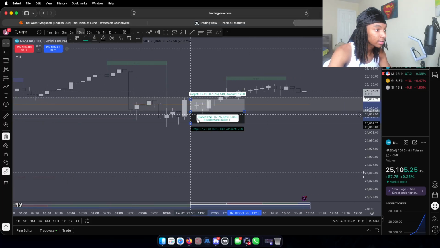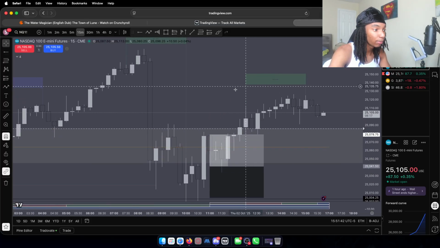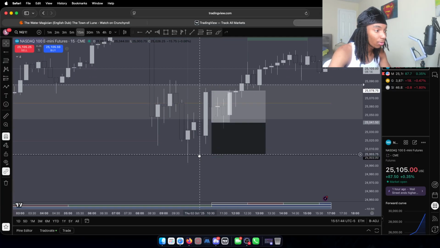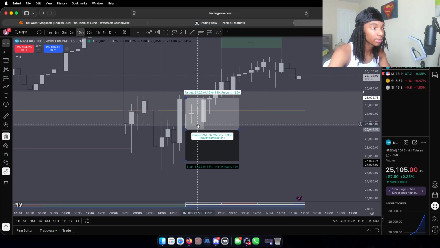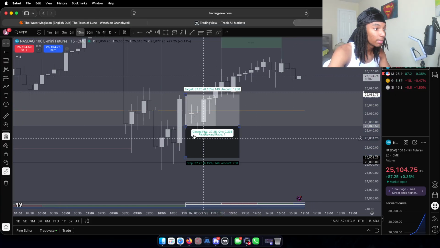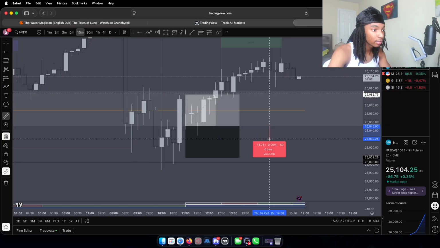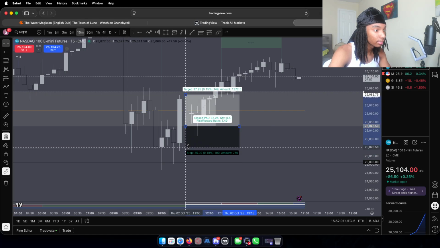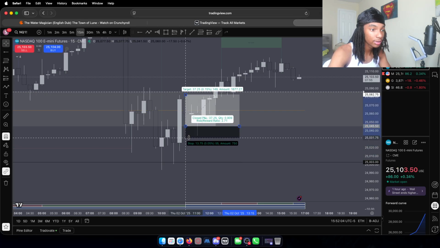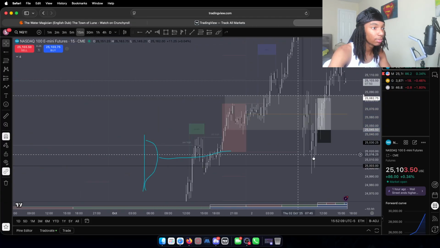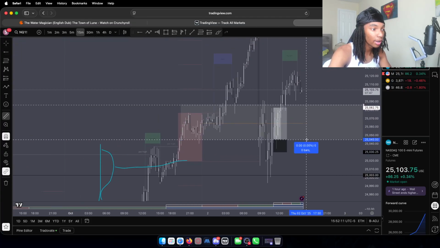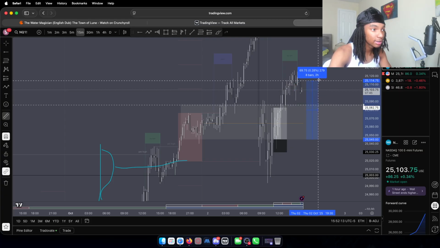Like right here, for example, this is the very point of this point of control, right? Not point of control, but that value area low. Well, this is it right here. This is the very point of this value area, and you can have a 15-point stop, which I usually trade anyway. 15 points, which would be 30.25. So you can have a 15-point stop, and then you can have a 60-point,